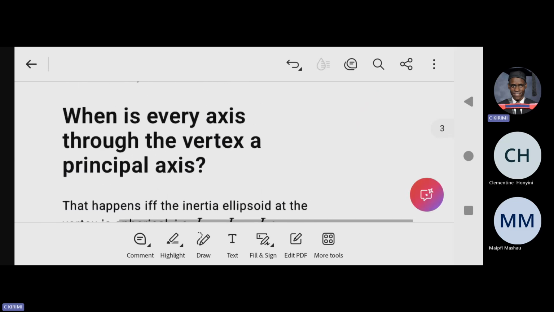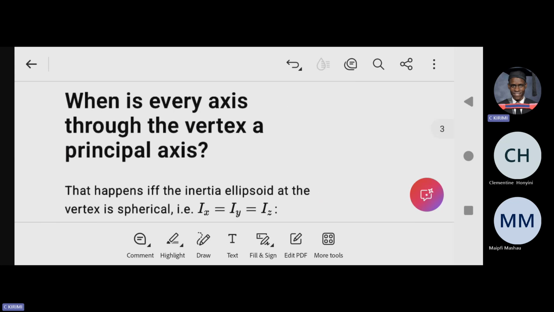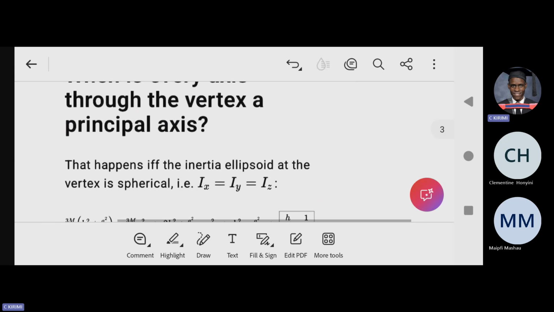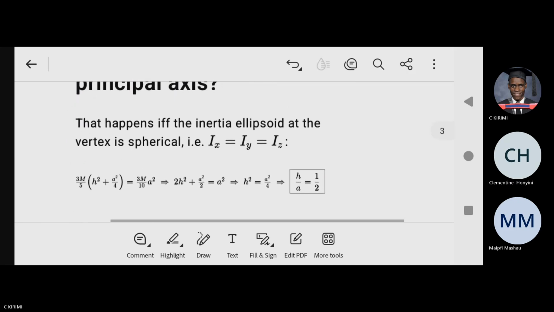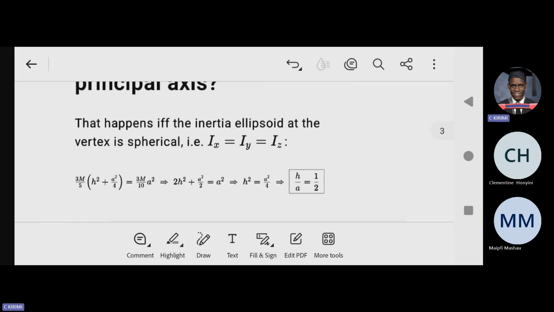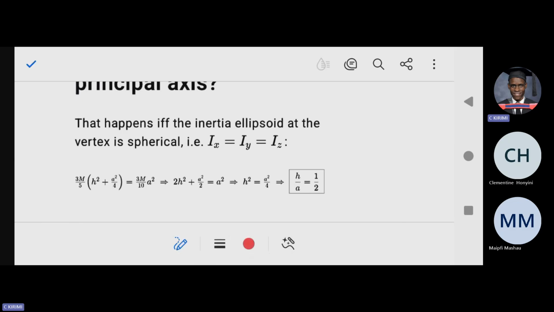Every axis through the vertex is going to be a principal axis under this condition: that this happens if the inertia of the ellipsoid at the vertex is spherical. In other words, the moment of inertia in x is equal to the moment of inertia in y is equal to the moment of inertia in z. So in other words, you are now making an equation, which means at first you found your moment of inertia in the